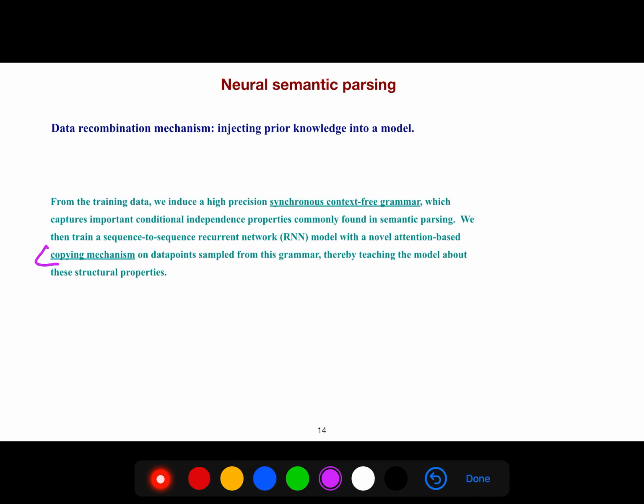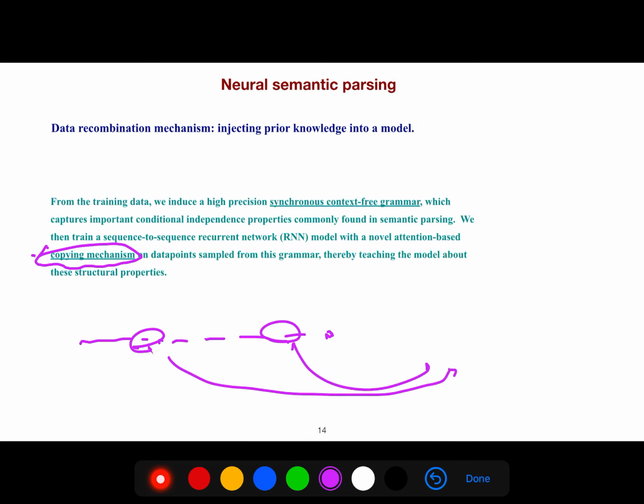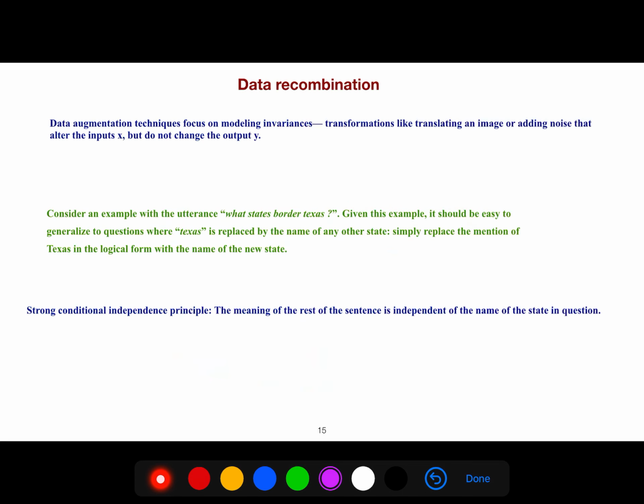We need the copying mechanism because sometimes when we say something in an utterance, some of the words could be repeated directly. And this reduces the complexity of decoding, where we use beam search, very advanced methods of beam search and so on. It has many benefits, this copying mechanism that I like.